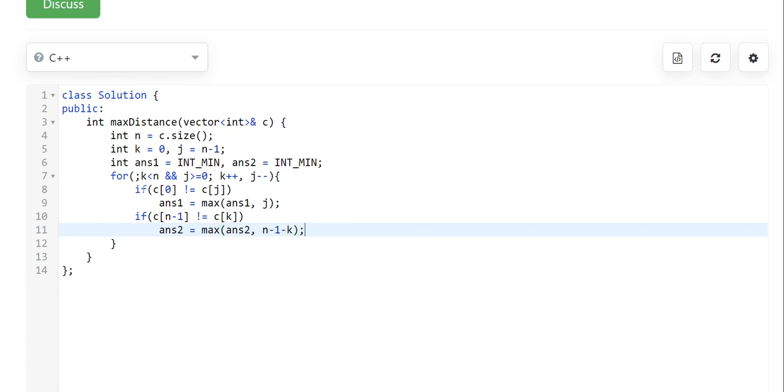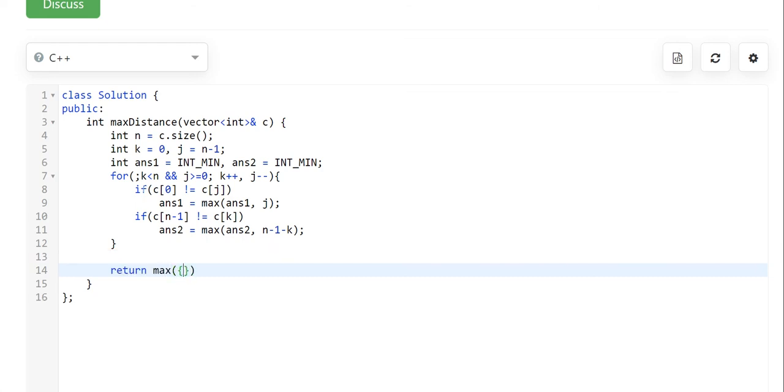So here are our two if conditions. After iterating the array, we just have to return the maximum value between ans1 and ans2. But we have to compare another value, that is 0, along with ans1 and ans2, as if all the houses are of the same color, then ans1 and ans2 will be int min. In that case, we just have to return 0.